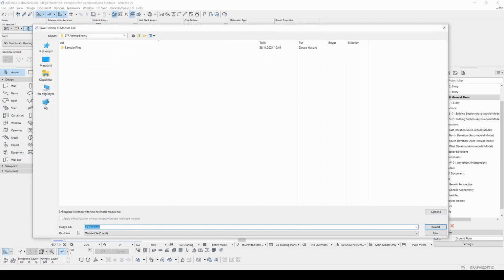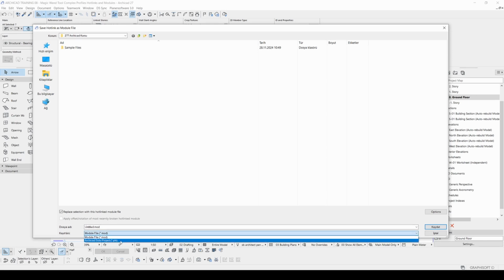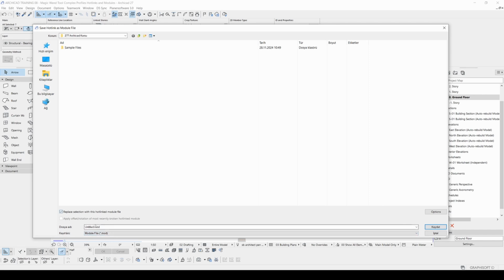After that, we can give it a name from here, and we can determine are we going to use MOD file or PLN file. I prefer MOD file because this is the lightest file, and if you select the PLN file, it's going to save your lines and dimensions in the file, and that kind of elements will be imported in your projects as well. You may want to prevent visual pollution of the file. Therefore, we are going to use the MOD